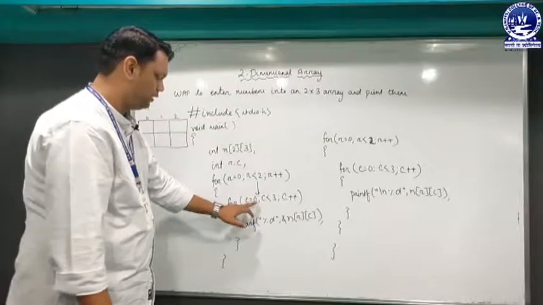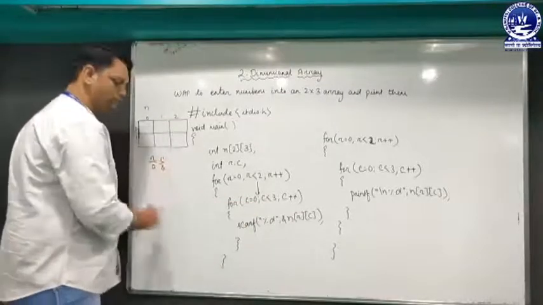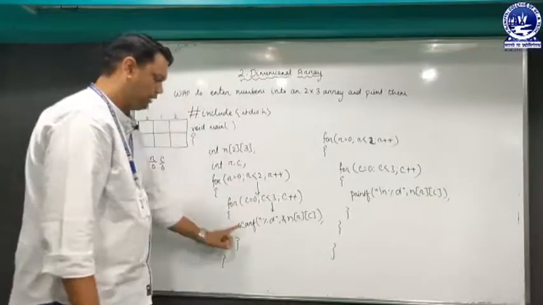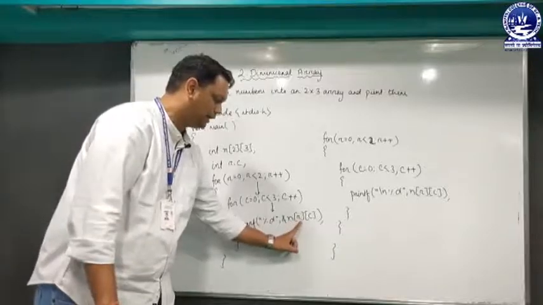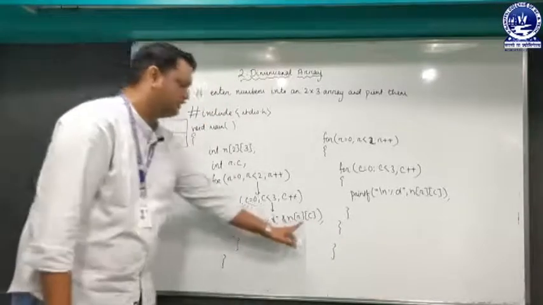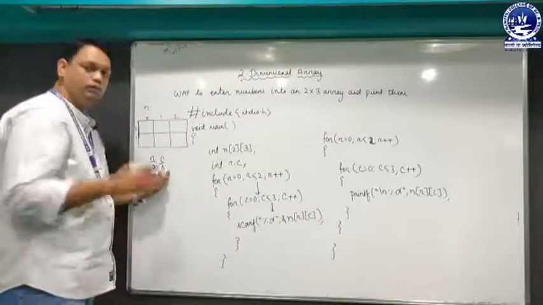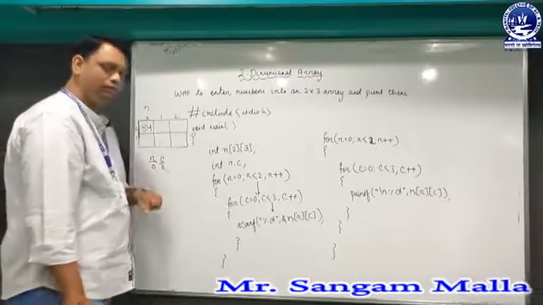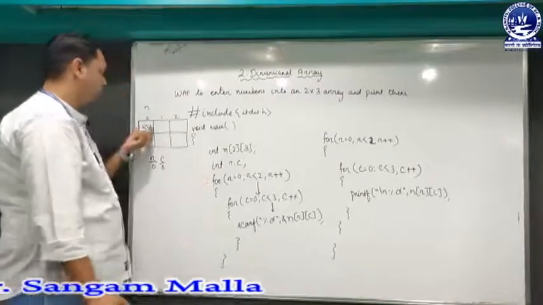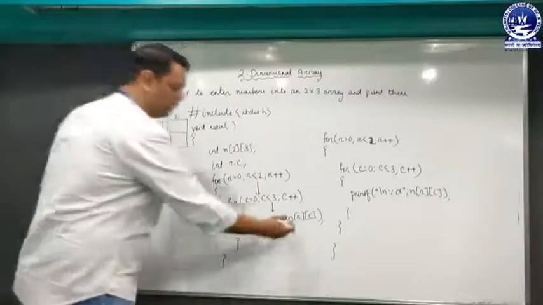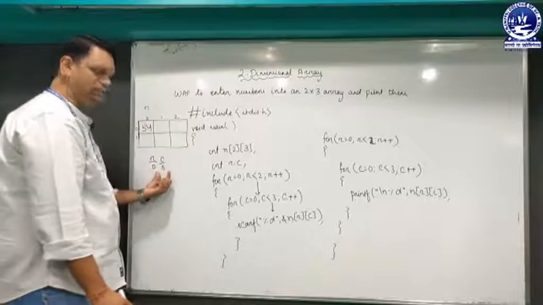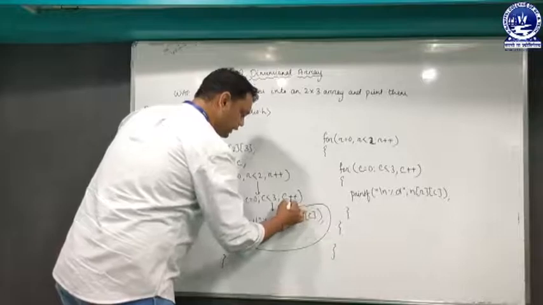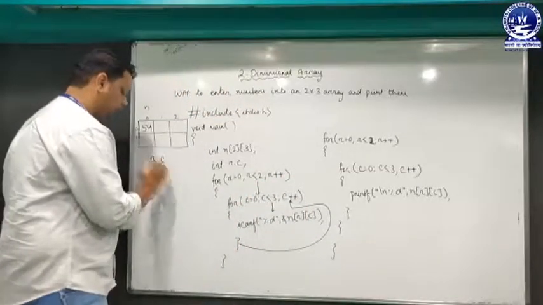So it will come over here and c will have the value as 0. So 0 is less than 3, yes, so it will enter the loop and it will enter the value in place of n of r c. So the r value is 0 and c value is 0. So in place of 0, 0, the user has to enter a value. Let's say the user has entered 54. So when he will enter 54 and press enter key, the 54 will be stored in 0, 0 location because we have taken r and c, and r contains 0 and c contains 0. So when it will move to this curly bracket, it will be redirected to c plus plus. That means c will have 1.